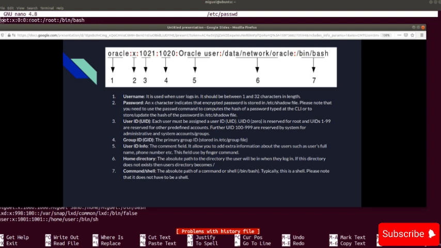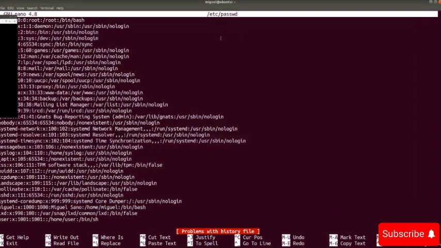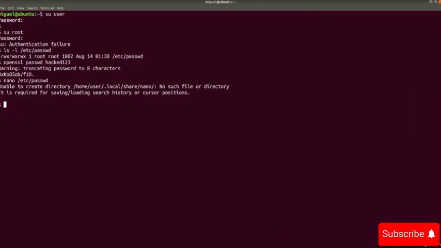Then we have the user ID info for the root, and then we have the home directory, and then we have the command shell. So what we are going to be doing is replacing the X character with the encrypted password that we created, right? So if you do a Control X, and this is the encrypted password that we created, go ahead and copy it,